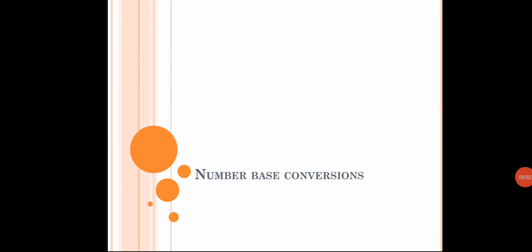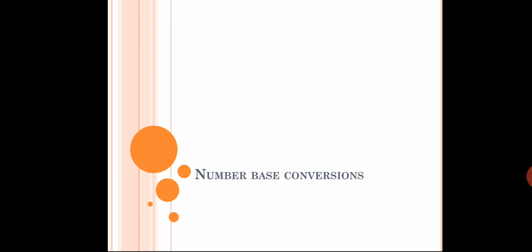Welcome to all. In this video session, we will see how to convert the different kinds of numbers, the numbers which are in a number system, to binary or any kind of conversion. There are four number systems I listed in the previous session. It may be the binary, decimal, hexadecimal or octal number system. So let us see how to convert each other.